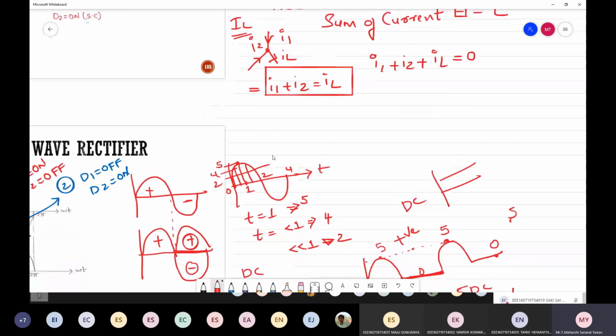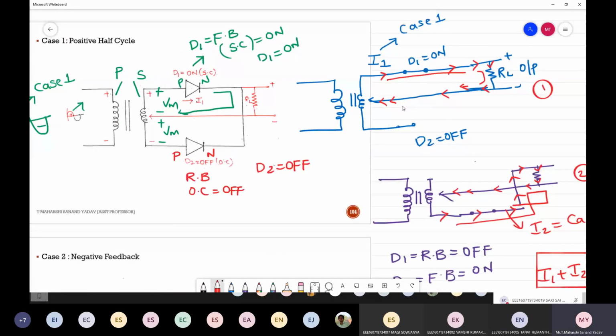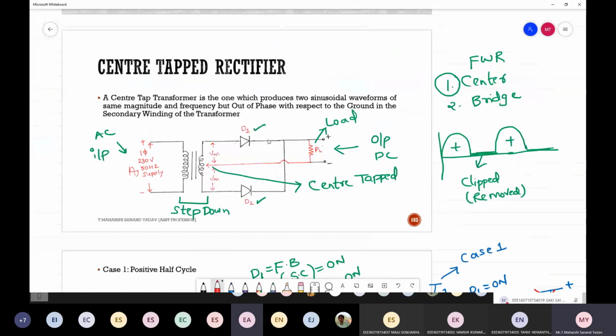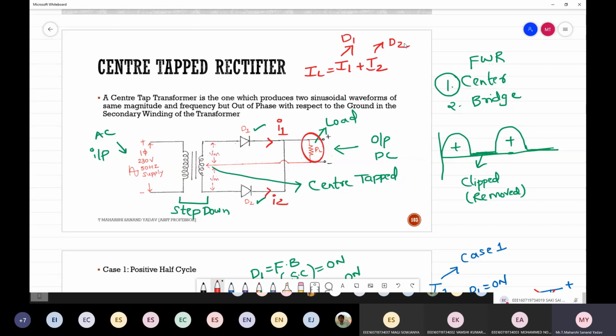If we see the entire diagram, it will look something like this. So this is the entire diagram. The current that is flowing in diode D1 I'm considering as I1, whereas this one is I2. So both the currents will flow through RL, right? Are they entering or leaving? They are entering. So the overall current across this load, which is IL, is the sum of the individual currents I1 and I2. This one is because of diode D1, and this one is because of diode D2. Clear with this concept?